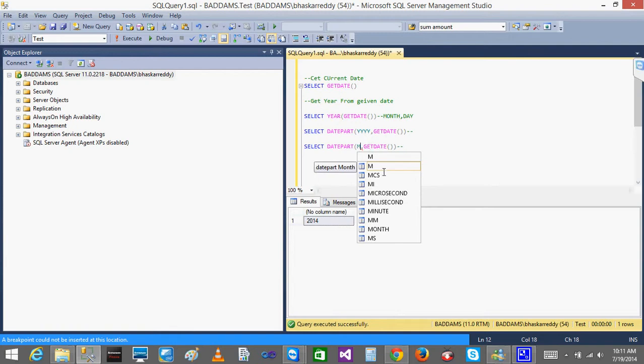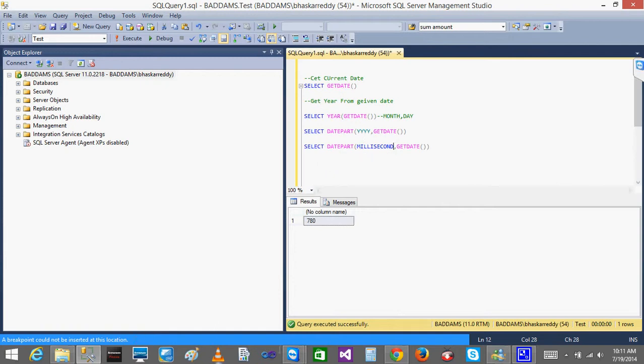When I type this, you can see different things. I'll just take millisecond. And when I do this, now I'll get the millisecond also. Which millisecond am I currently at? See, 147. This is something you can play around with. If I type this, you will see all the types.